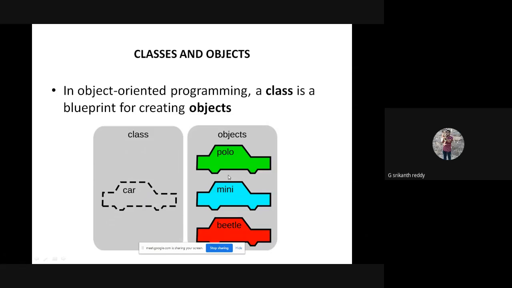All three cars belong to the class car, but their identifiers, their names, are different: Polo, Mini, Beetle. These are the objects in the real world, created from a blueprint called car.